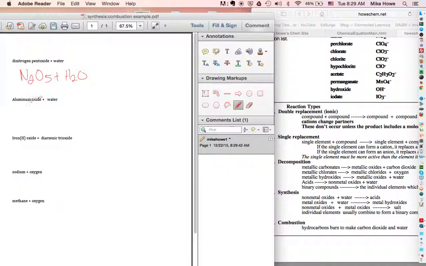And you'll notice that this looks kind of like a double replacement because you've got a compound and a compound. However, if you were to change the cations, in this case they're non-metals so they really wouldn't form cations, but if you thought about it that way, the N would go where the H was and the H would go where the N was, but you'd still have HO and NO just like you started with. So that's why you know this is not a double replacement, but rather a synthesis. So if it's a synthesis reaction between a non-metal oxide and water, you look over here, non-metal oxide and water